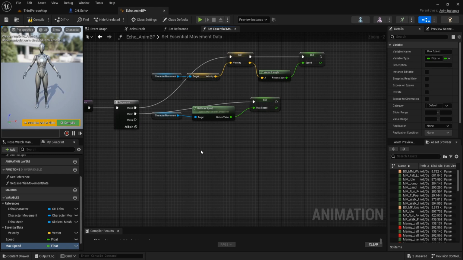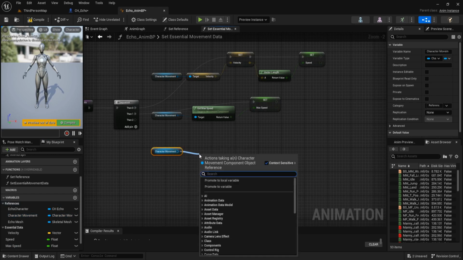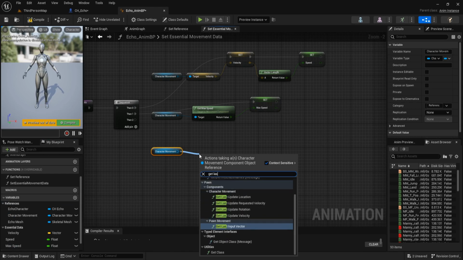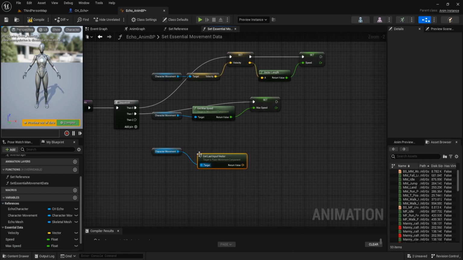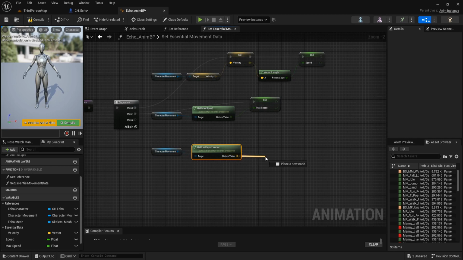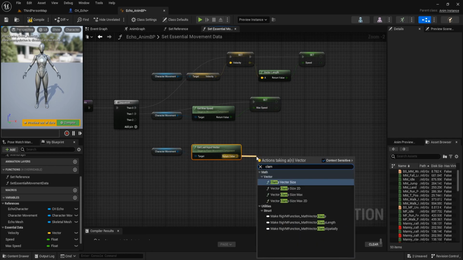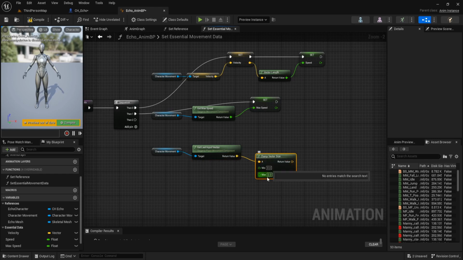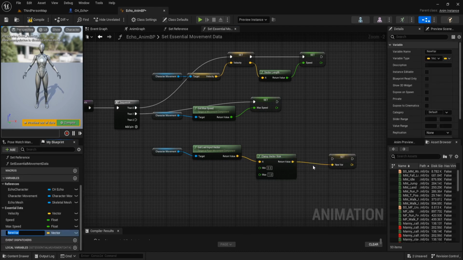Add pin. Get character movement. Get last input vector. And clamp vector size. Min is 0 and max is 1. Then promote it to variable.